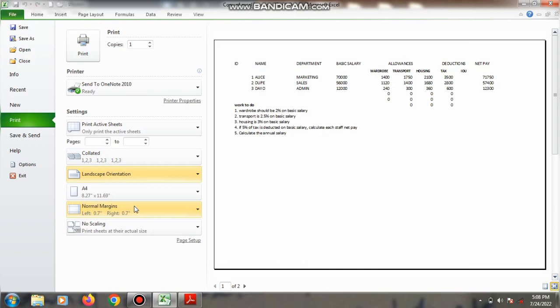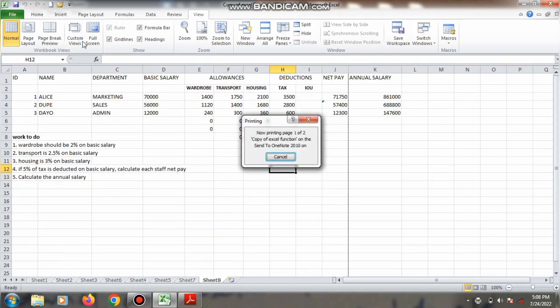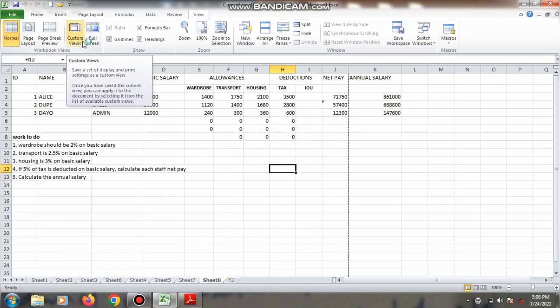With this, everything is set. Once you click on print, if my printer is available, you're going to hear it now printing page 1 and page 2. Your printer will print out. That is